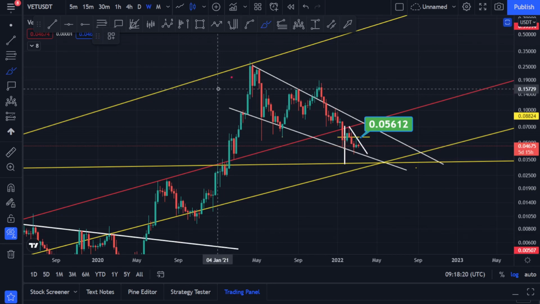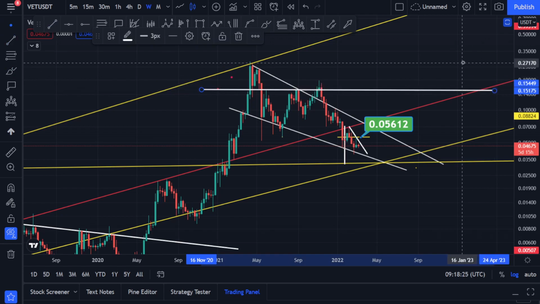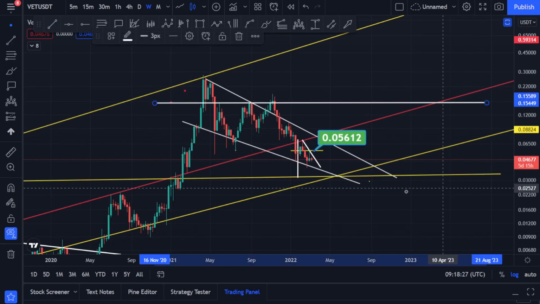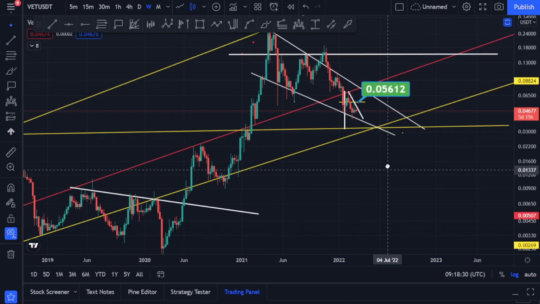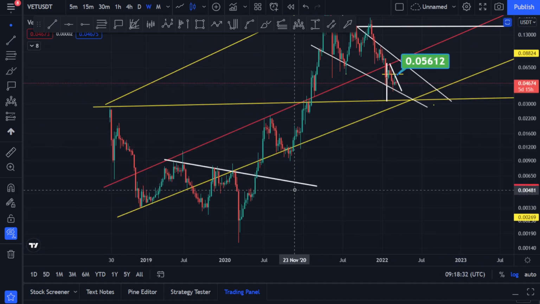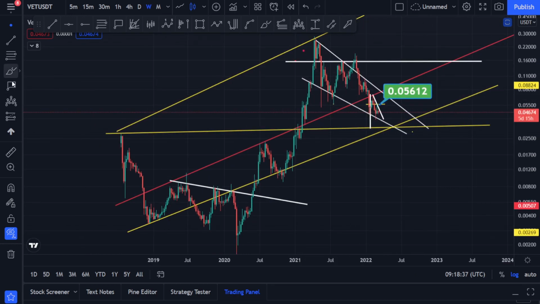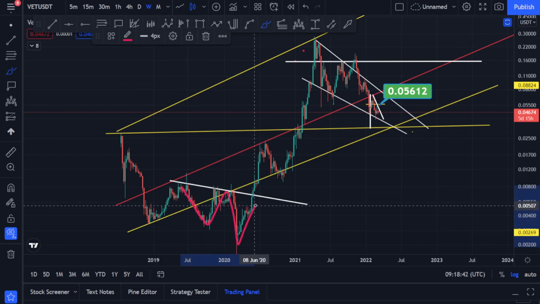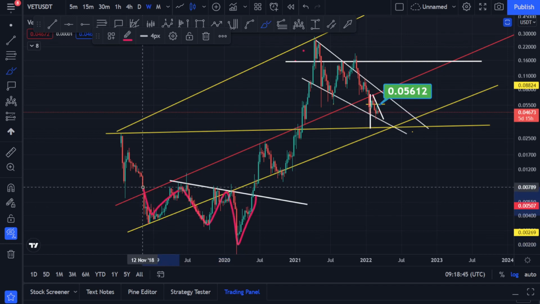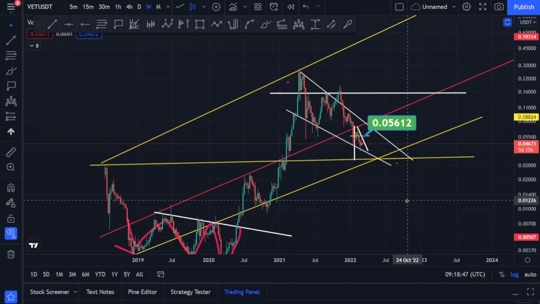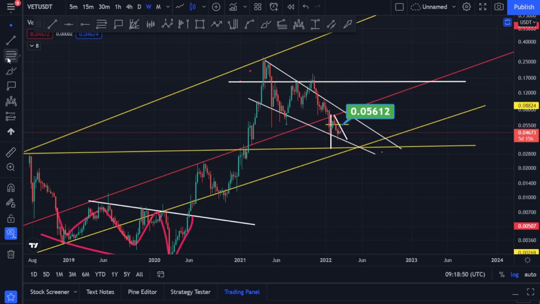Apparently you can see right over here, this is the resistance area. The reason I say that is because you can see right over here, this was the resistance area, so is that. Now if you take a look at both the patterns, it went down, came up, then it went down, came up, and then it also did something like this. Now if you look at this pattern, it came down from its all-time high, went up, coming down.